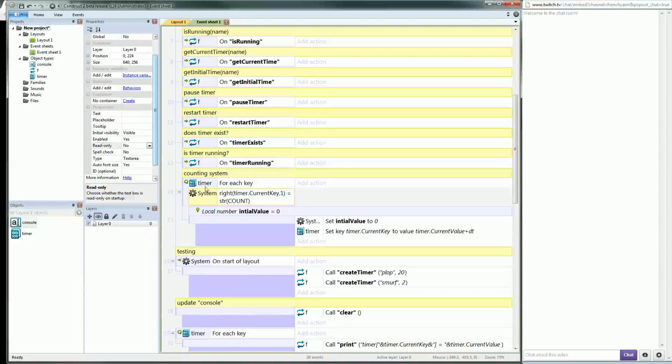We have to get the name back from this value. To get the name back, you will just have to strip the key from the count. You could do a replace, but it would be a bad move. If you have a name with a 0 in it, it would be replaced, so it's not a good idea. You just want to trim off the last character, and to do that